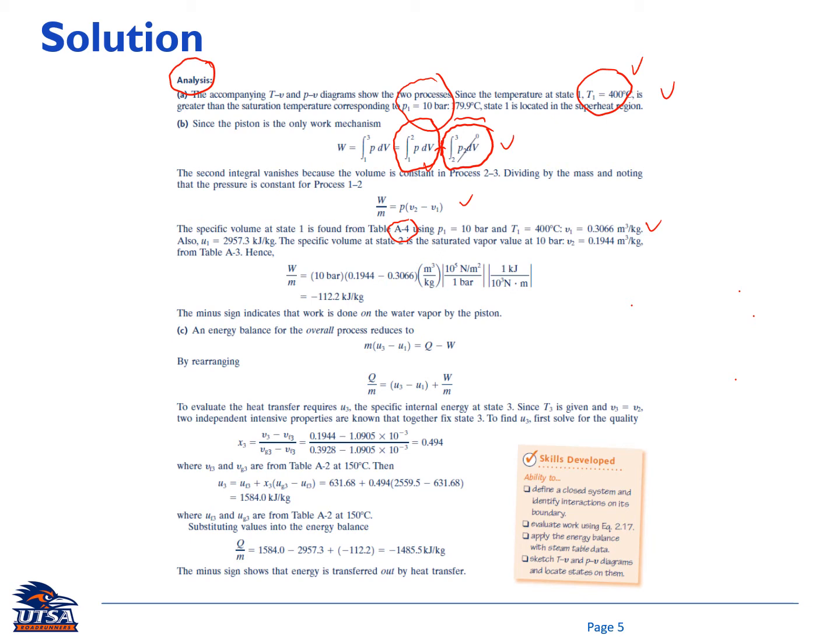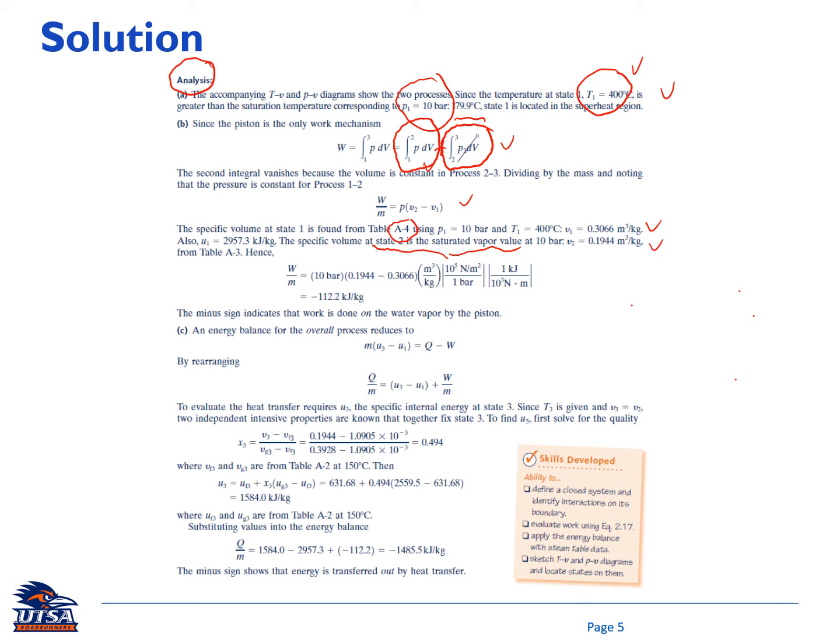For state 2, V2 is Vg, and the given property here is pressure, so you need to use table A3. Look at the Vg at P equal to 10 bar,